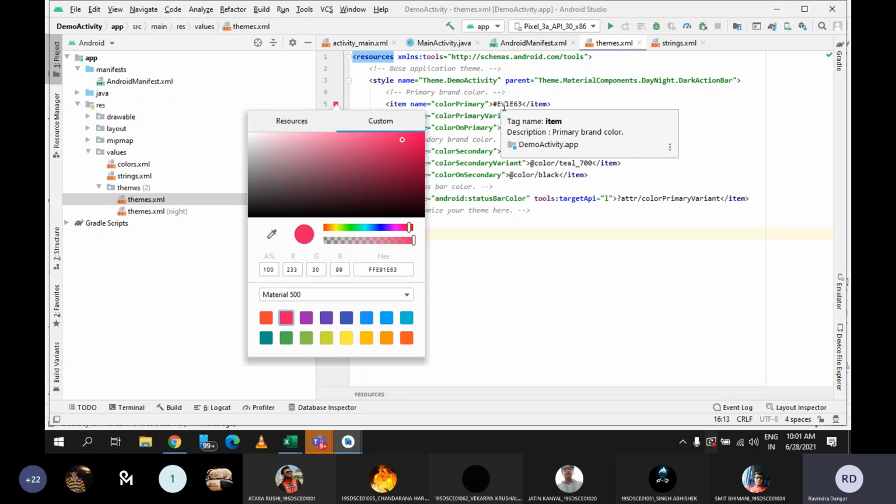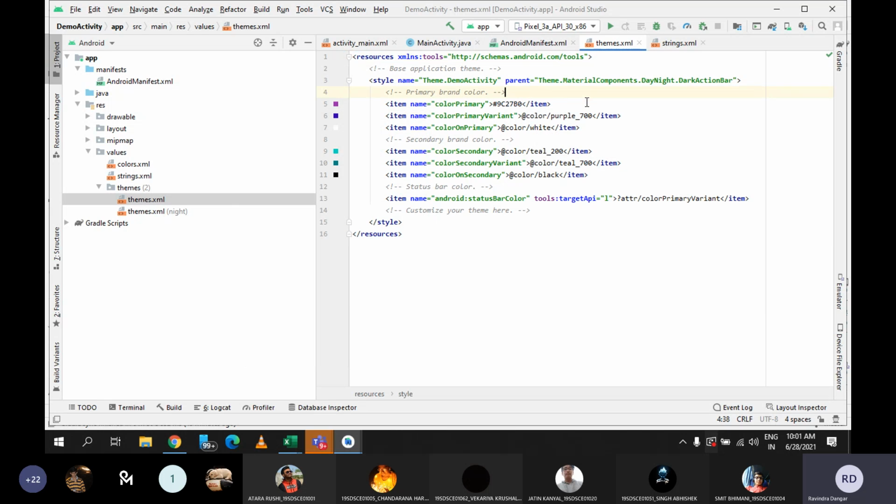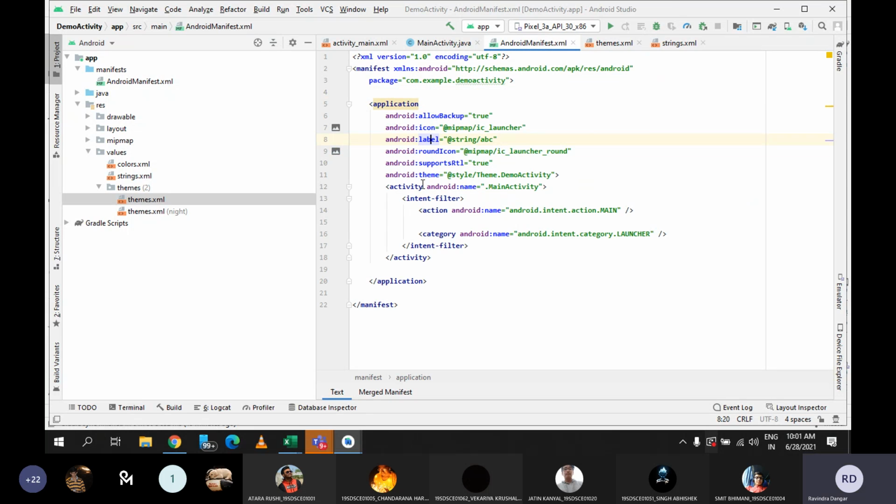Each color is having a hexadecimal code. So for example, if I am selecting this, then this code may get changed. And so it is up to you which color you want to display, what kind of theme you want to give in your application. Accordingly, you can change the color here, or you can even create your new style also. आपकी जो एप्लीकेशन है उसमें आपको कोई नई स्टाइल डिफाइन करनी है तो you can use this code style and you can specify various colors. So that kind of theme also you can give here in the manifest only.